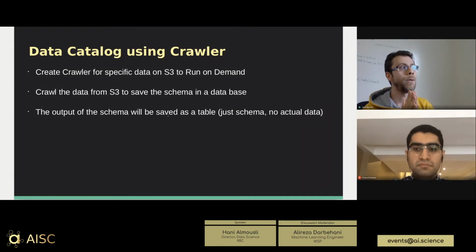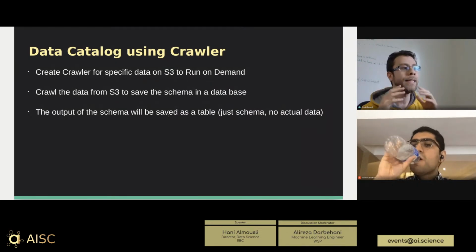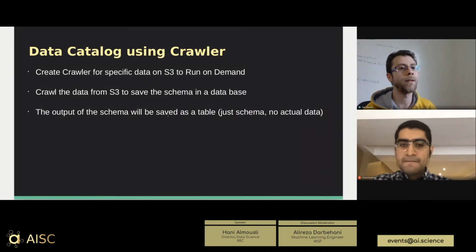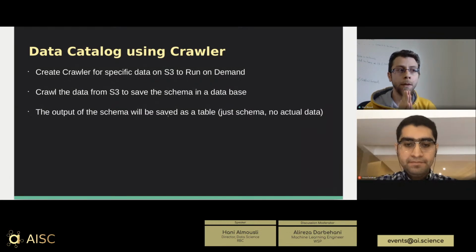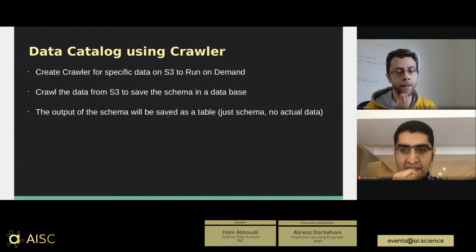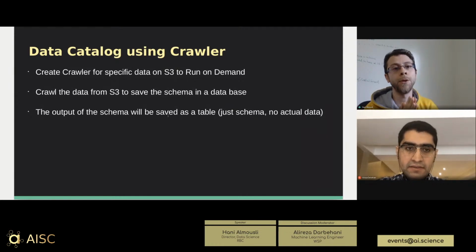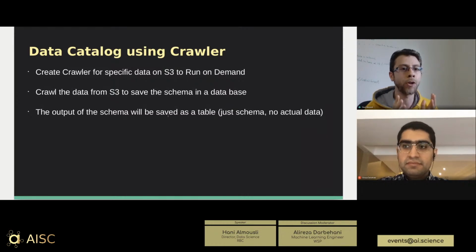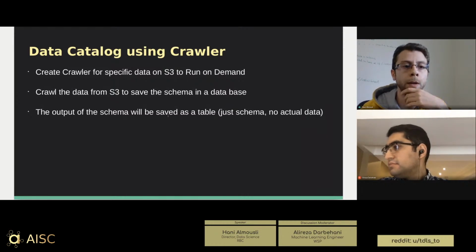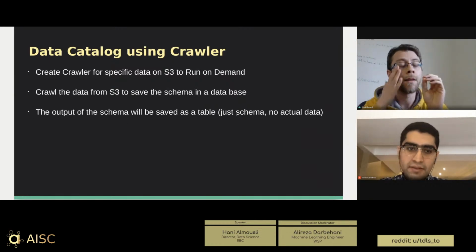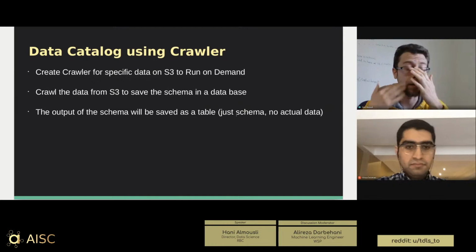So AWS Glue, think about it as an ETL job that you can run on demand or on a schedule. The cool thing about it is that it's purely serverless. It's like AWS Lambda, where there is no infrastructure that you need to worry about. So you specify your configuration, and then it will work for you and transform your data in a serverless manner. So any ETL job that you want to run, you can use Glue for. And it's important to know that your schema doesn't have your actual data. It will only have the schema, such as the name of the column and the type of the data that you have.